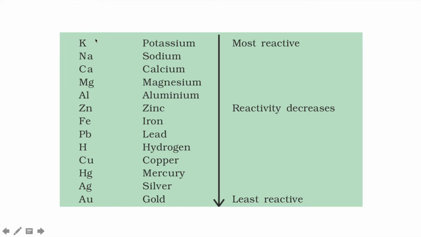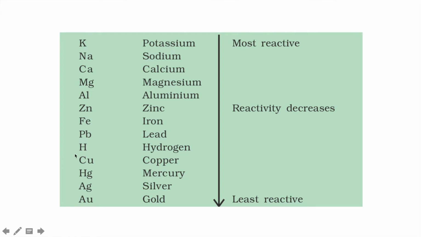In a reactivity series, the most reactive element is placed at the top and the least reactive element at the bottom. Actually, the series was created experimentally by studying the reactions between metals, oxygen, water, acids and displacement reactions. So this series is very helpful for us to predict the reactivity of metals towards oxygen, water, acids and displacement reactions also. Note the point: hydrogen is a non-metal, but it is included in the reactivity series because hydrogen helps to compare the reactivity of metals.